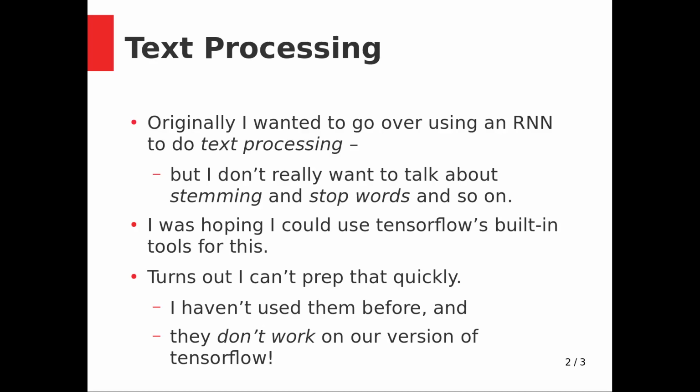Stemming is mapping words that have the same root together, right? You want to take, for example, shopping and shopped, the past tense, and map those both to the verb shop. And stop words are words like a, an, and the that don't really help you with a text classification task, so you remove them, right? I don't really want to go into how you do that. It's not particularly hard. It's just